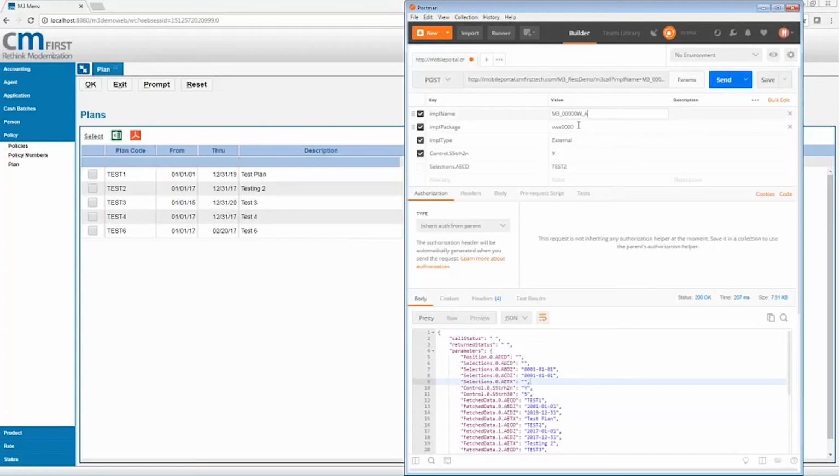Just 1 second, Abram. For those of you, this may be very small. If you right-click on your screen, you click View, and you select Full Screen, it will make it easier to see. So right-click, View, Full Screen will make it easier to see. Sorry about that, Aaron. Back to you. Oh, no problem.